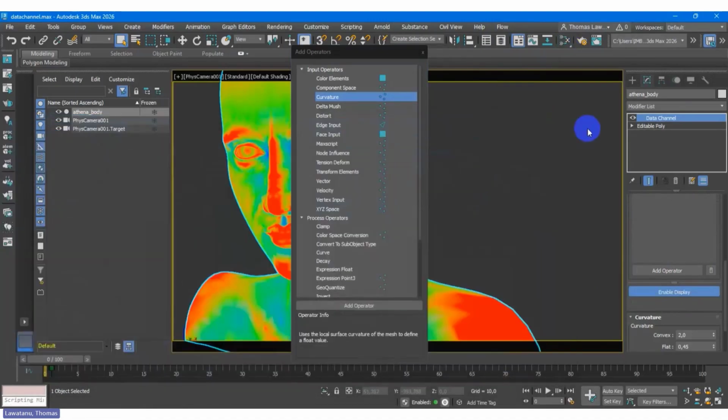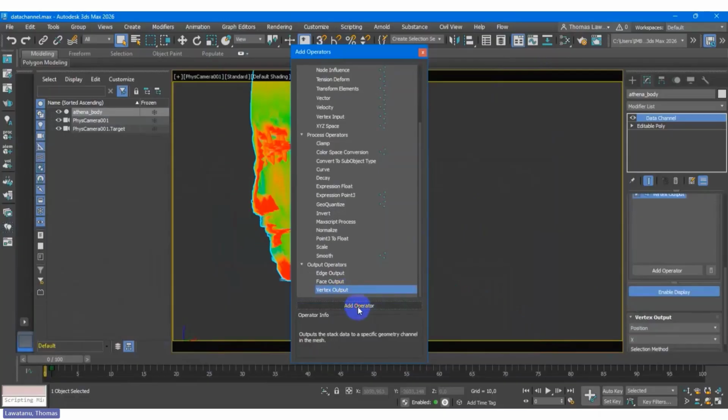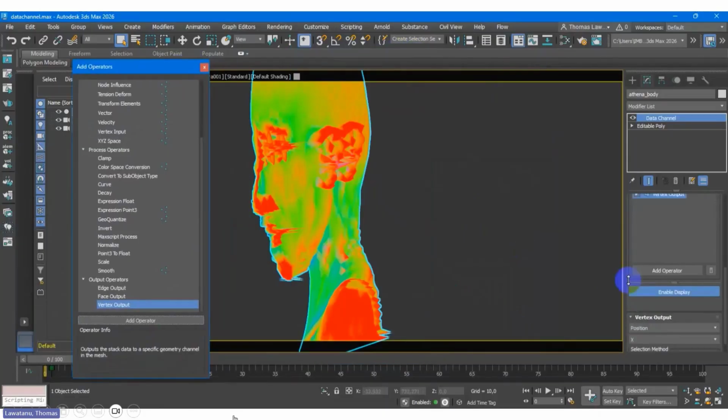Again, I need to adjust the material, the physical material. Again, I need the vertex output. Don't be surprised by your image when you apply the vertex output operand. It will be flat, like a squish. Sorry, not squish only, flat. So what's wrong with my object? Everything is flat in one view. That's why you need to adjust.